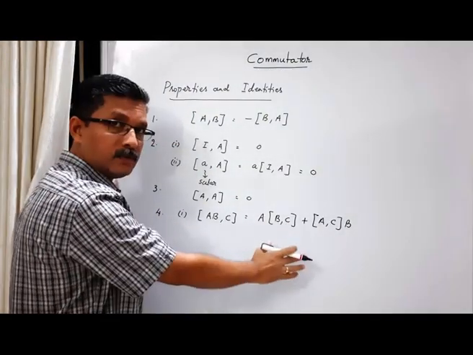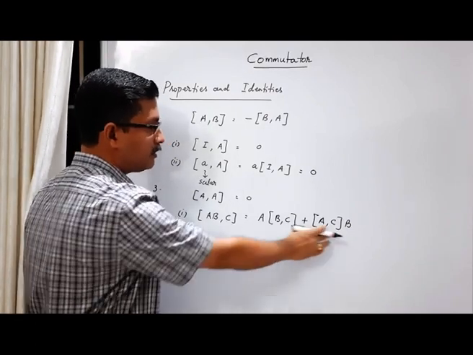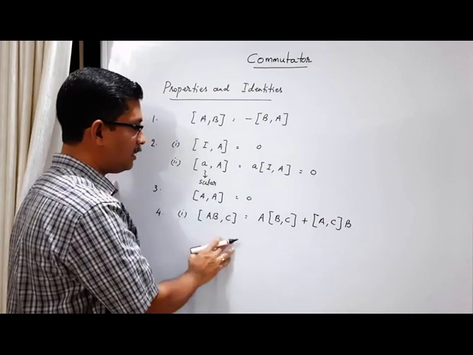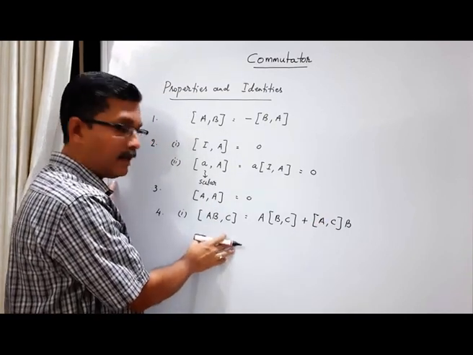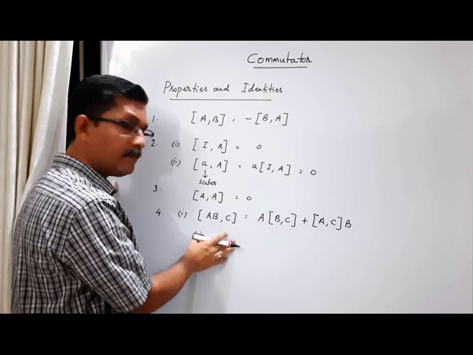And this is an important identity. You can try to prove this. You can start from the right side, expand this part and this part. Some terms will cancel, and you can end up here. Or better, maybe you can start from here.